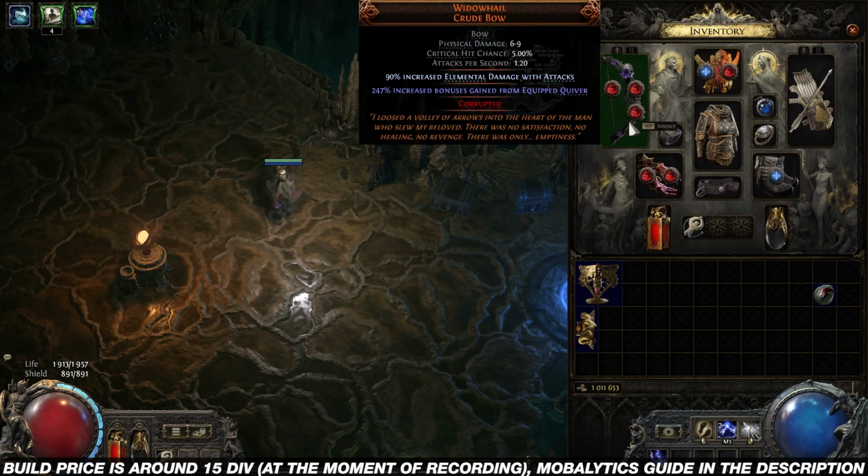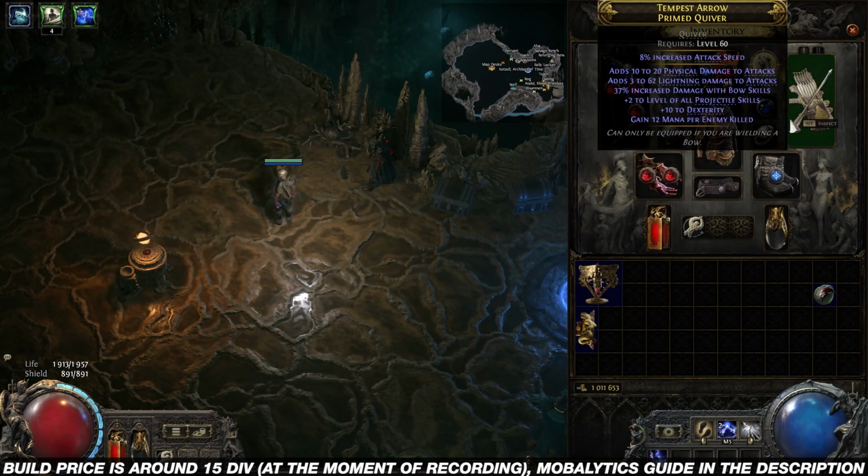Because we use this bow, we care about our Quiver, and our Quiver should be pretty good. I bought my Quiver for maybe like 3 divines, and about modifiers, it should have as much lightning damage as possible, or it can have as much cold damage as possible, but lightning is much better, and physical damage, because we convert our physical damage into cold with our Ice Shot anyway, like 100% conversion. About base, it should be a Primed Quiver, because it gives increased attack speed, and I guess it's the best implicit